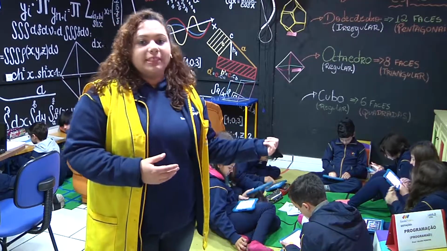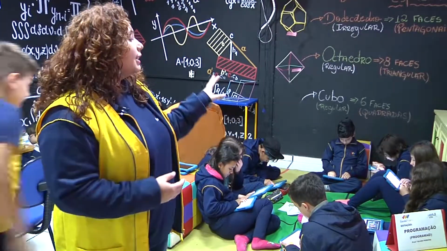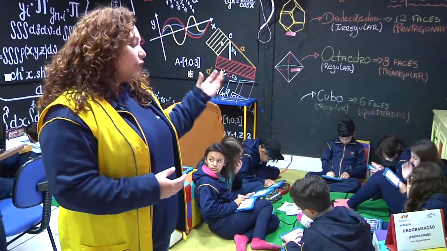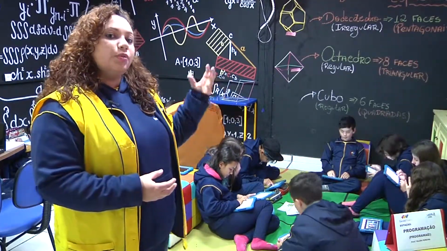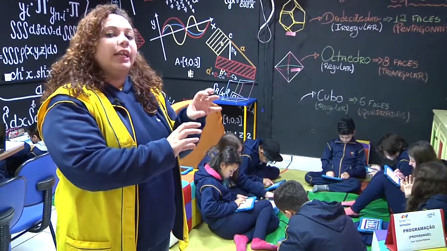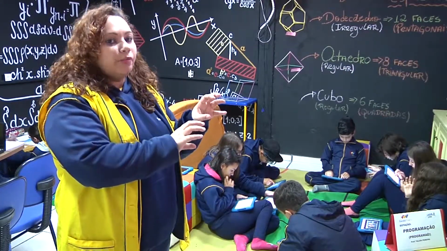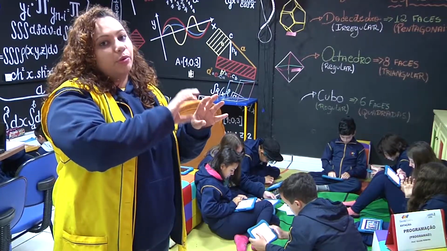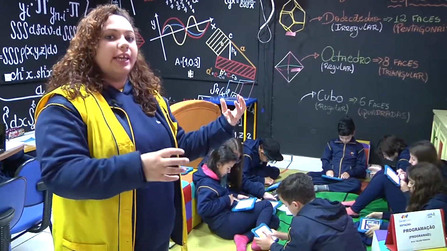This first workshop is online programming, so they are working with block programming through a website called Program-E, and there they can find and set up the movements of the characters so they can program the moves. In this case, it's an Angry Birds game. So they decide if the character goes right or left using the programming blocks.